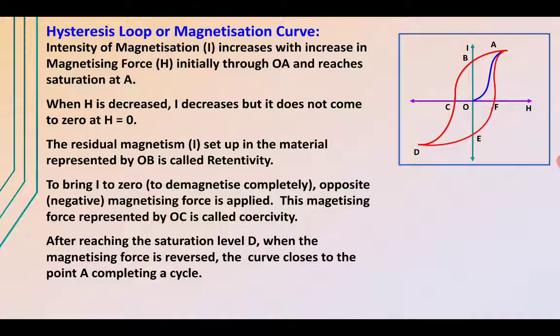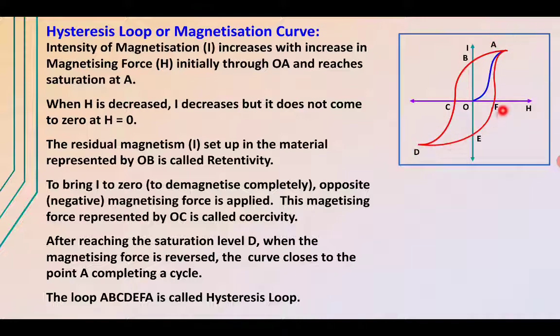So we conclude that we start from this position O, reach saturation, decrease the intensity, reach saturation in the other direction, and again reach this saturation. Here we obtain the curve OA, which is known as the retentivity of a material, and CO is known as the coercivity of a material. Through this loop we see that the substance remains magnetized after the removal of the intensity, that is, magnetism is induced in the substance. Hence the loop A, B,